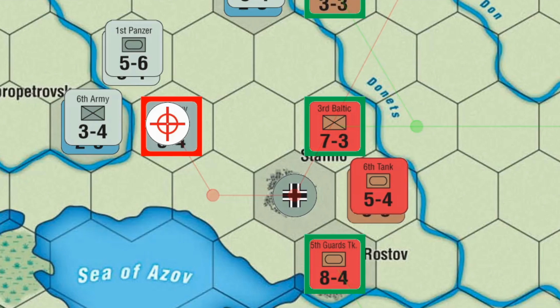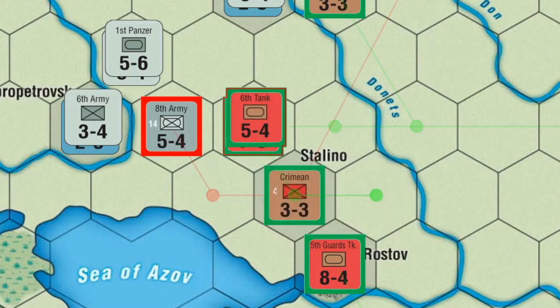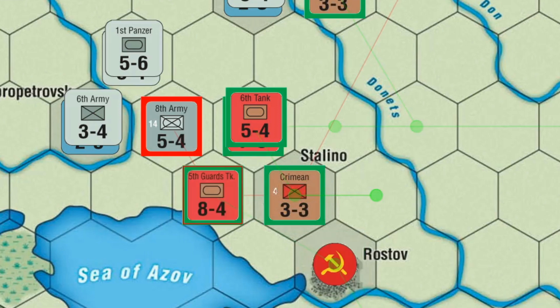The German is running out of space. I'm going to advance and take over our target city there, Stalino, and leave myself with a pretty decent force once everything is said and done. The pressure is on the 8th Army, and it's going to be very, very tough for the Germans to mount